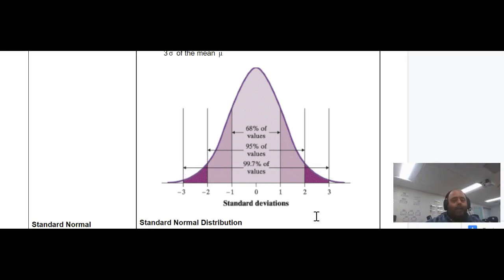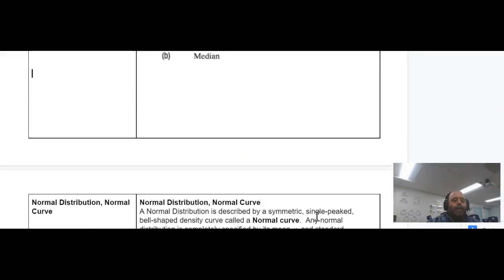99.7%, 3 standard deviations from the mean, is way out there, and almost every single member of the population is going to be within 3 standard deviations of the mean. Okay,